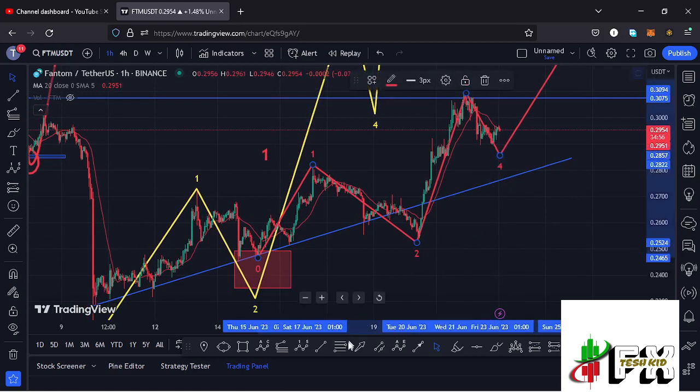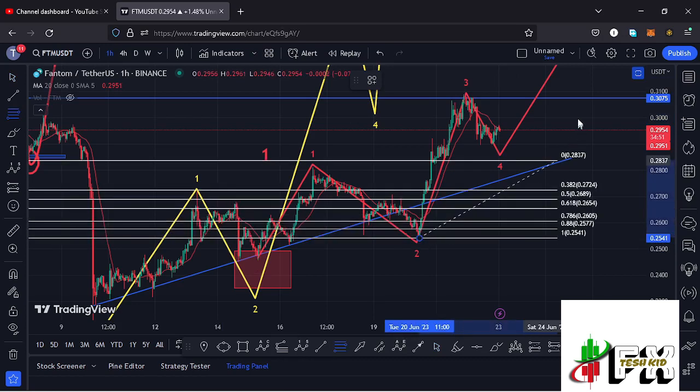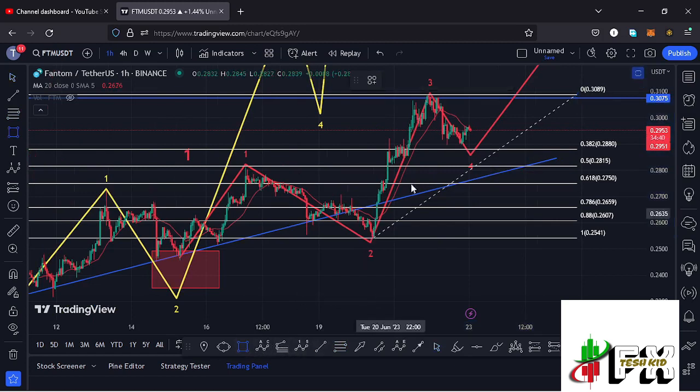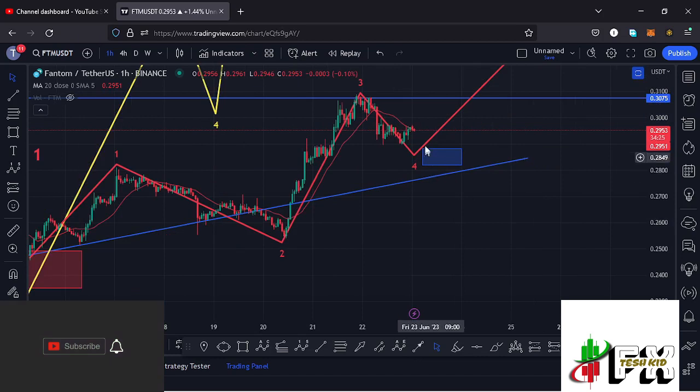wave to the lower side by connecting the Fibonacci's from the low of the second wave to the high of that wave 3. That gives me a minimum retracement area at the fib level 0.382 and the fib level 0.5, and I can mark that target area on the charts like that, which lies between the $0.288 mark and the $0.2815 mark. So there are chances that as the chart continues to unfold, we might see this pull back into